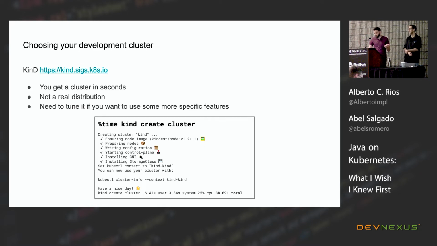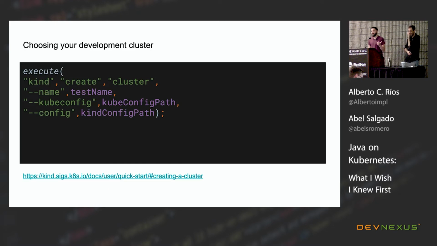And how do we use it? It's something that is interesting, I guess. We tried to create a Testcontainers module for this, but we couldn't. Why? Because all the business logic does not happen in the Kind image, it happens in the CLI, meaning that we would have to translate all the CLI Go code into Java. And every time there's a new version, we'd have to redo the whole thing over and over. So it's a price we decided not to pay, like we couldn't really afford having to maintain all this tooling